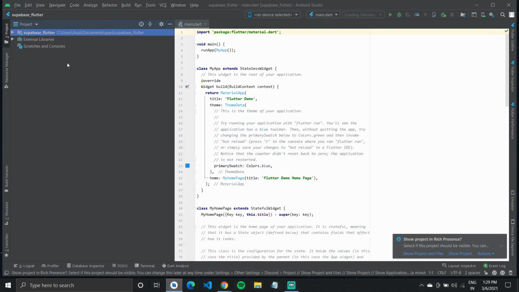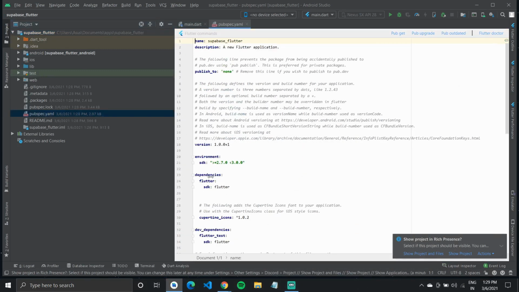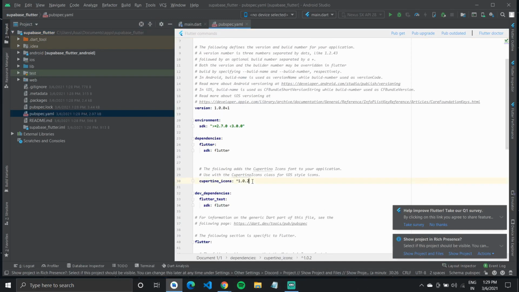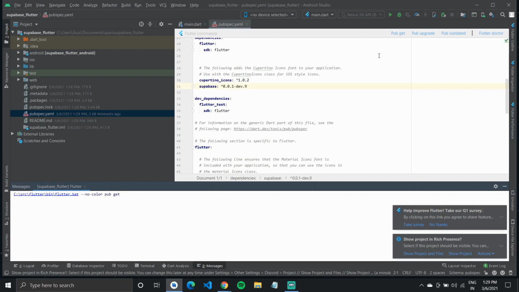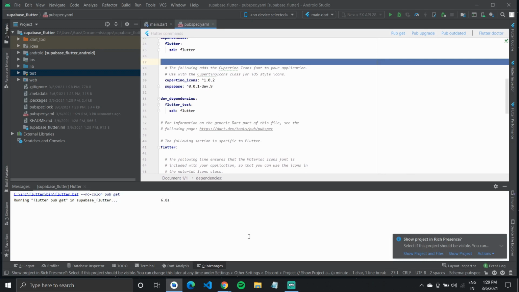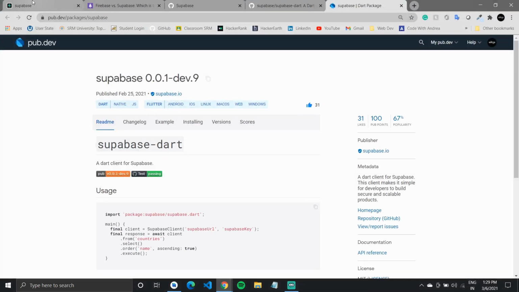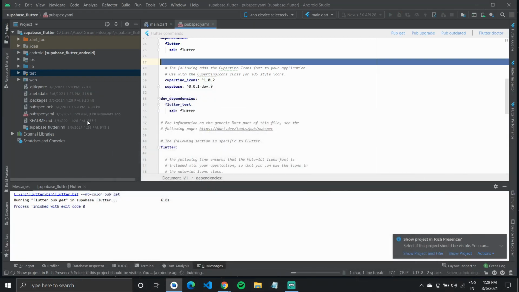copy it, head over to your pubspec.yaml file and paste it in the dependencies, then do a pub get. So this should get the files, and our database is ready as well. I had created this database called Supabase. So what I can do right now is,